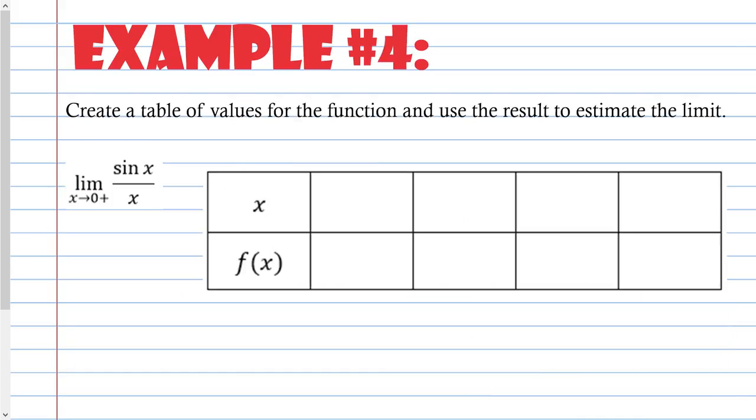So example 4, this is the first example where the entire table is blank. Now, whenever you are given a blank table, you are allowed to pick whatever x values you see fit. So I'm going to pick some x values, but yours could be different if you chose them to be. Okay, so